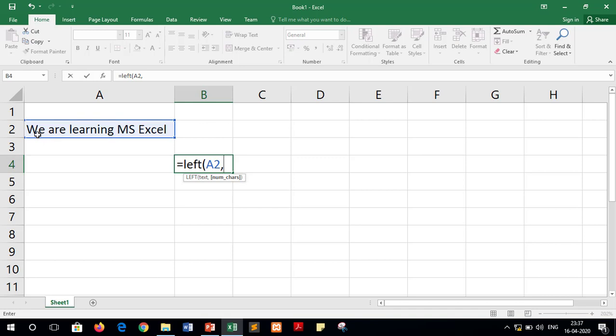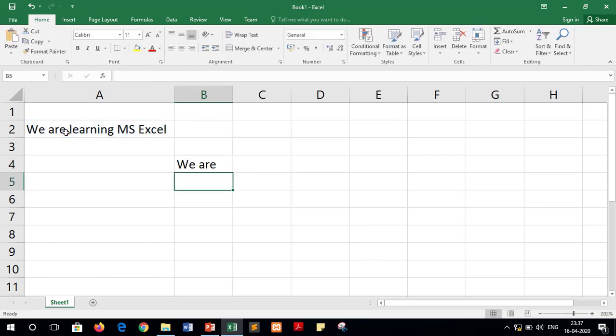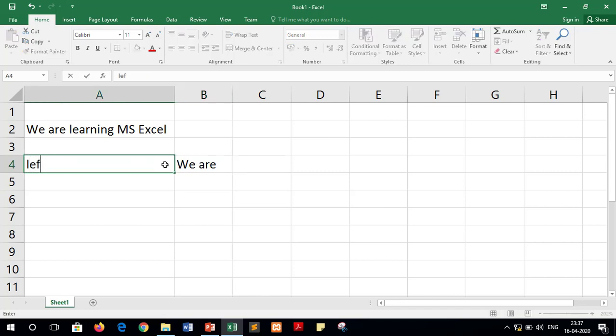So for fetching "we are" we have to fetch total 6 characters. These 6 characters will be W, E, space, A, R, E. So we will write 6 over here, and then we have to press the enter key. Fine, as you can see just now we have got the 6 letters only, so it was left function.